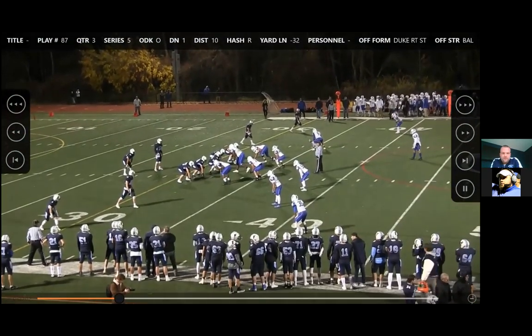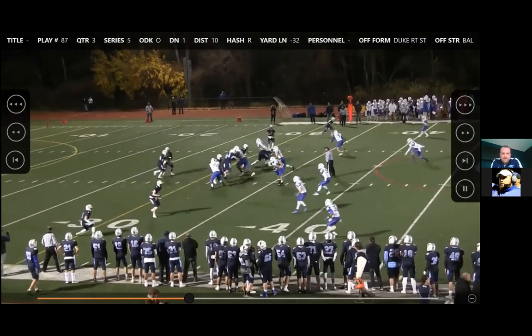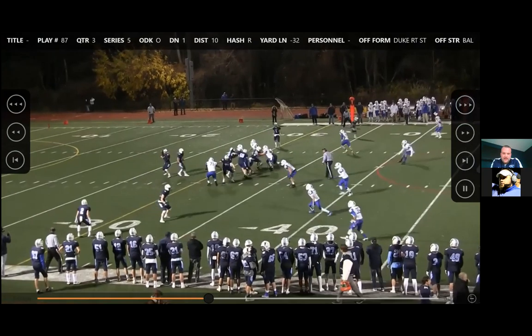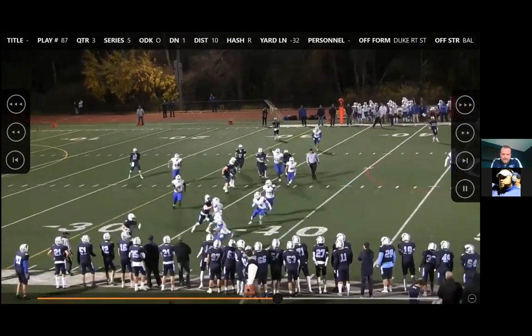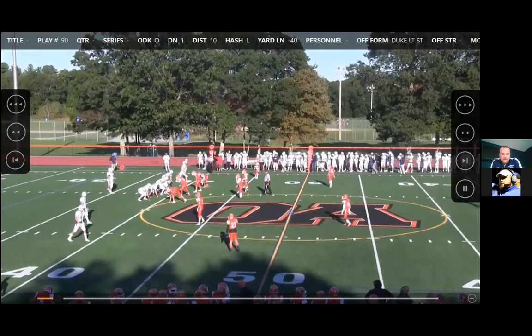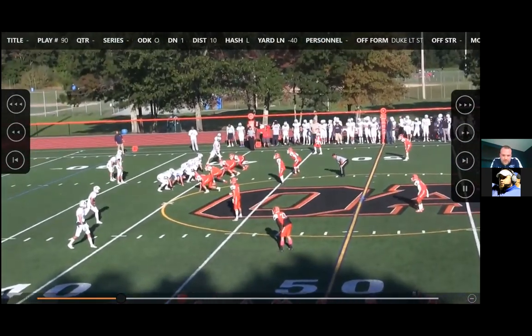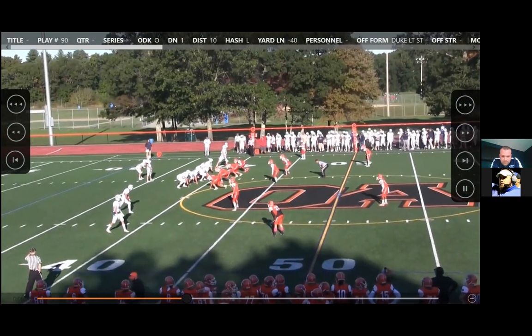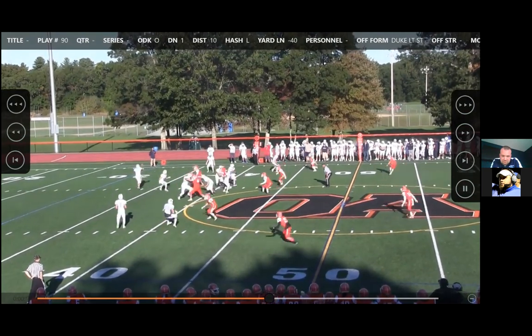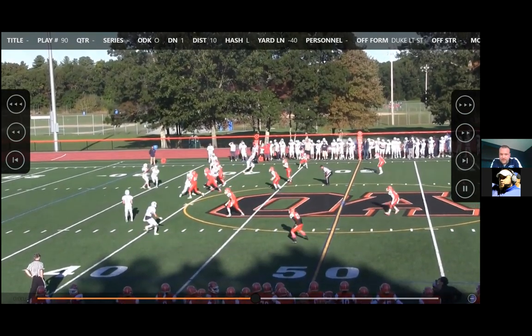All right, here's our smoke screen, just going right down to the bottom. Same idea. Now, we don't get a great lock on the backside, but that's okay. He might not have locked him. He might have just said, I'm not worried about it. If you want to throw into the boundary, we just give a little short motion here at the top. Again, if you like the numbers out there, throw it every time.